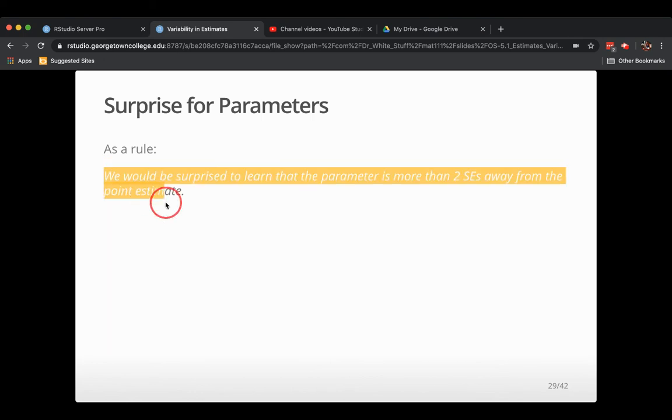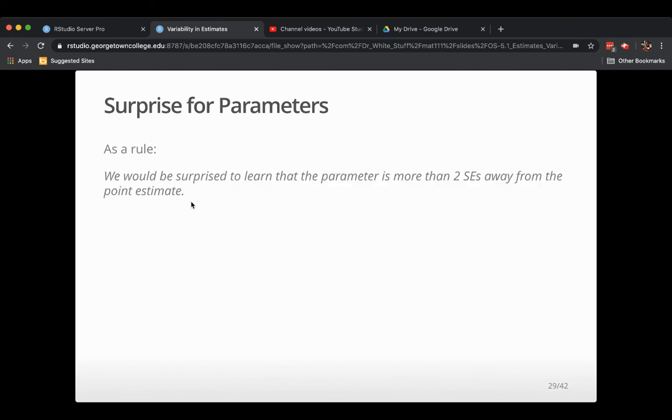As a rule, you're going to be surprised to learn that the parameter is more than 2 standard errors away from the point estimate. Now, you're not going to learn these kind of things usually because you don't know the parameter. But the idea is that if you took a sample and got your point estimate and your standard error, and then God came down and told you, hey, the parameter is actually this value, and you computed how many standard errors the parameter was away from the point estimate,